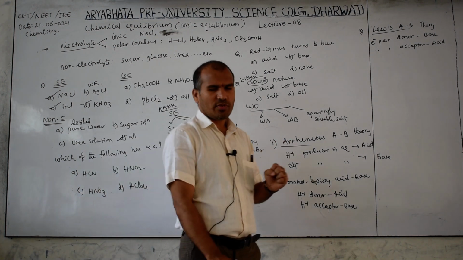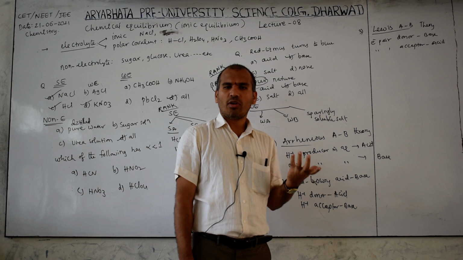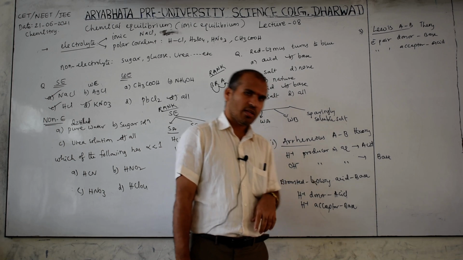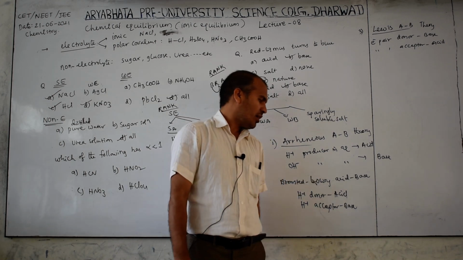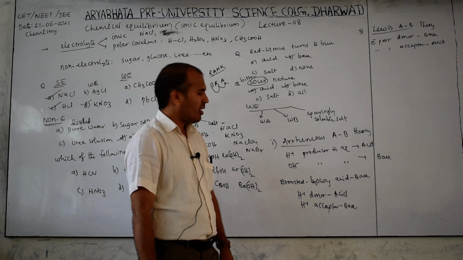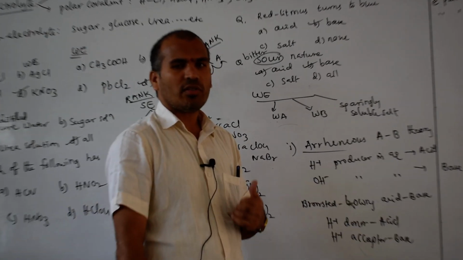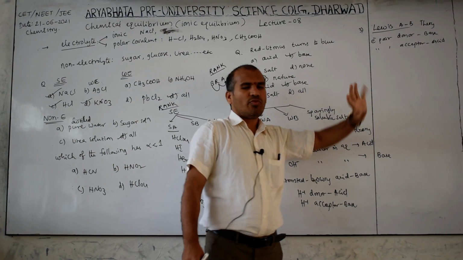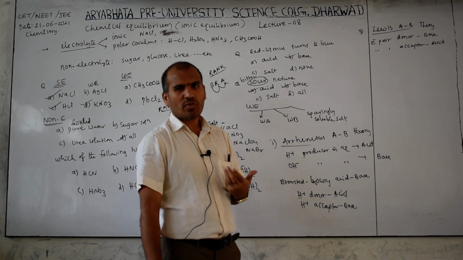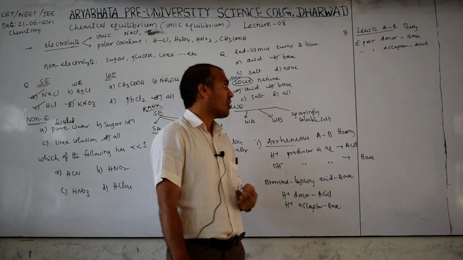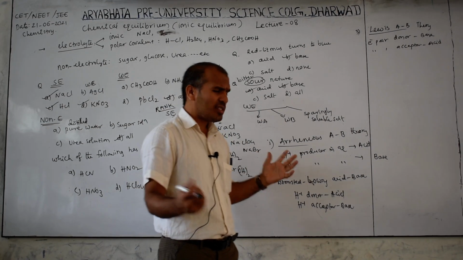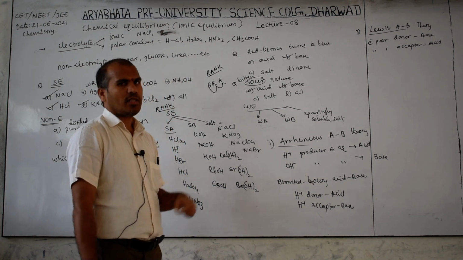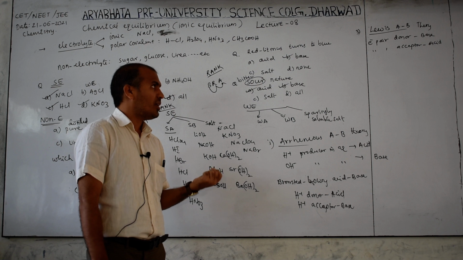What is the limitation of each one? In the Arrhenius theory, ammonia does not produce OH minus, therefore according to this theory it is not a base. In the Bronsted theory, AlCl3 and FeCl3 are not acids because they do not produce H plus. And in the Lewis theory, H2SO4 is not an acid because it does not accept an electron pair. So all theories have some demerits, therefore we have to answer acid, base and salt accordingly.